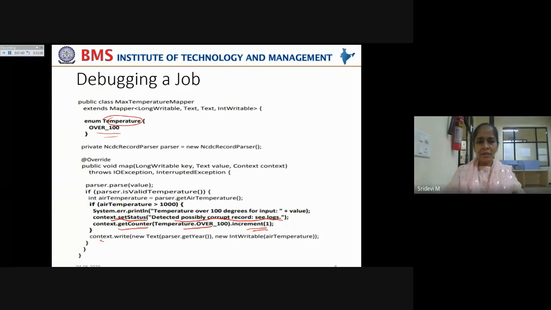Now finally, write the data to the context object, that is the output key-value pair: the year in which the temperature is recorded, and the list of all the temperatures recorded in that particular year. That will be written to a context object and passed on to the reduce method, which will further sort it, merge it, and consolidate the result and give the output as part files, which are further merged into a single file on a local machine by some post-processing task.